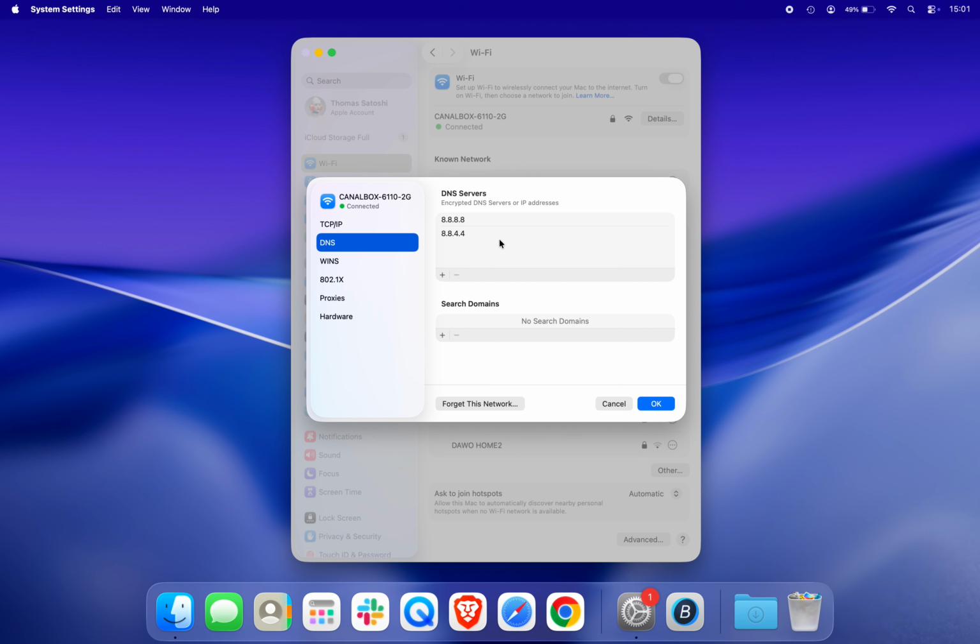To add your own, first select any existing DNS addresses and click the minus button to remove them. Once that's done, click the plus icon to add a new DNS server. Now enter this first address, 8.8.8.8. Click the plus icon again and add the second one,